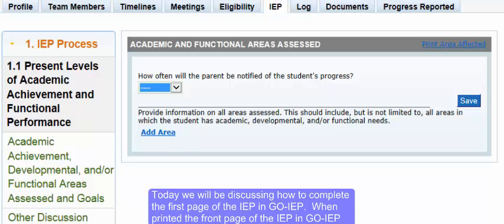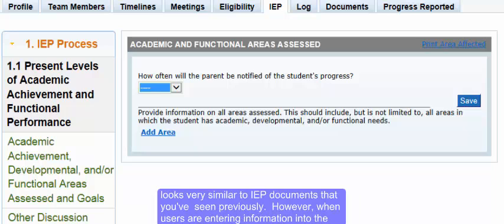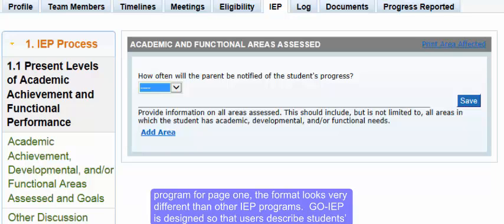Today we will be discussing how to complete the first page of the IEP in Go IEP. When printed, the front page of the IEP in Go IEP looks very similar to IEP documents that you've seen previously. However, when users are entering information into the program for page 1, the format looks very different than other